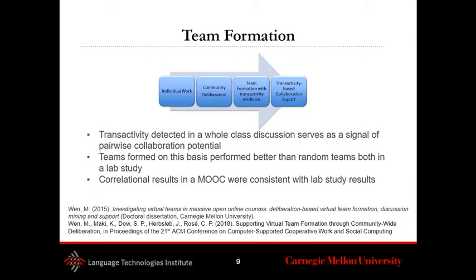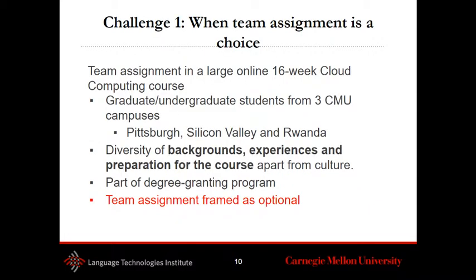So first, this was validated in a lab study, and then it was tested for generality in a massive open online course, and the effects were positive, both on interactions between students once they were in their teams, and also in the level of knowledge integration found in the work that they produced. So now we're going to look at how this extends to software teams, and in particular in a project course environment.